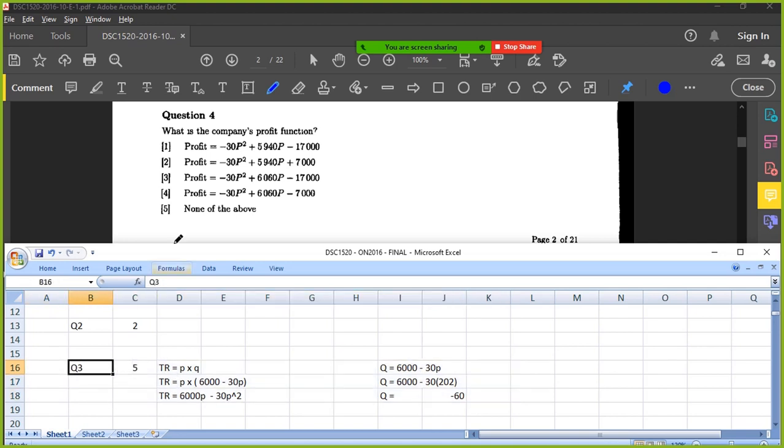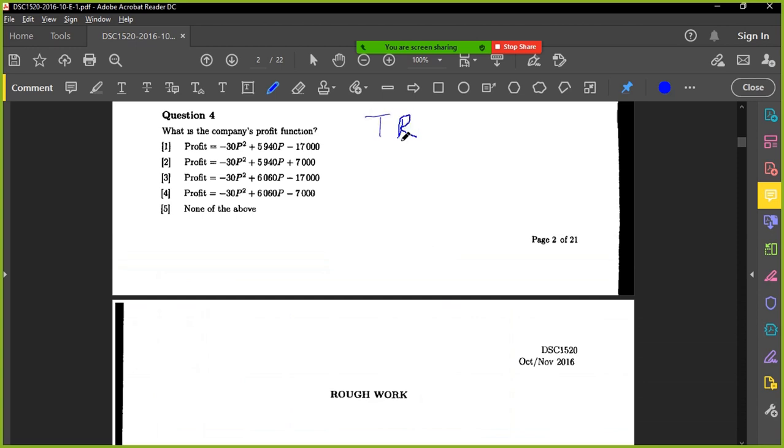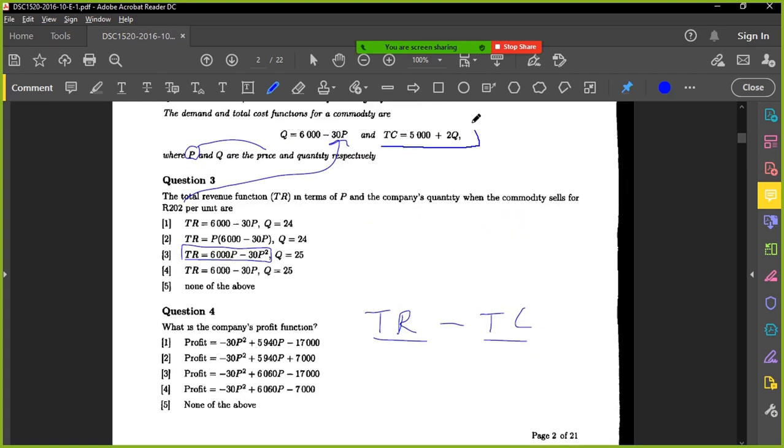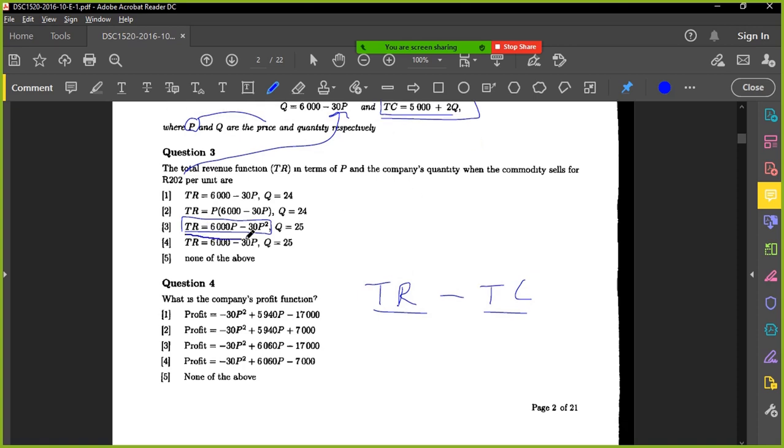But let's practice exam technique. Let's practice your approach. So question 4. What is the company's profit? How do you work out profit, Reno? Do you know? Profit is total revenue minus total cost. Very good. Total revenue would be that answer, minus total cost would be that. Do you agree? Yes. So when you take this formula and you subtract that, 5,000 plus 2q, you're going to get